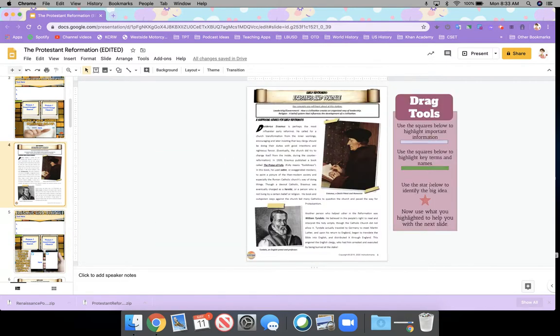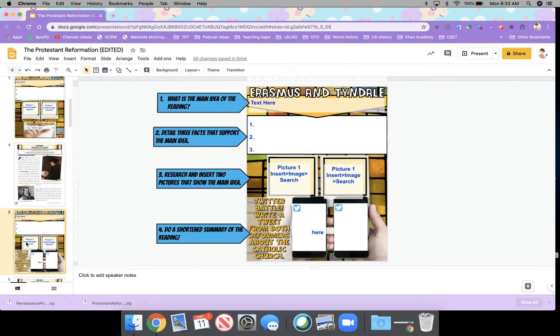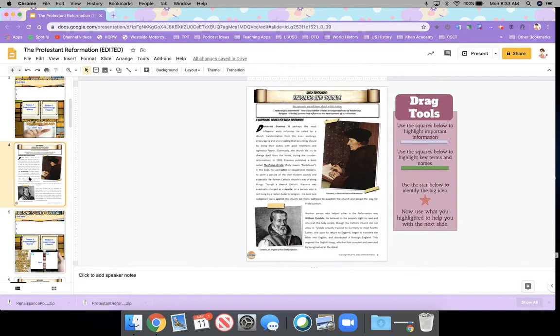That's why this portion of the activity is important, because it helps you to focus your reading, find the information that's most important, and then you don't have to go back and reread it again because you've already completed that task in the first place. Okay, so by the time you are done, you should definitely have no more purple squares and your stars should